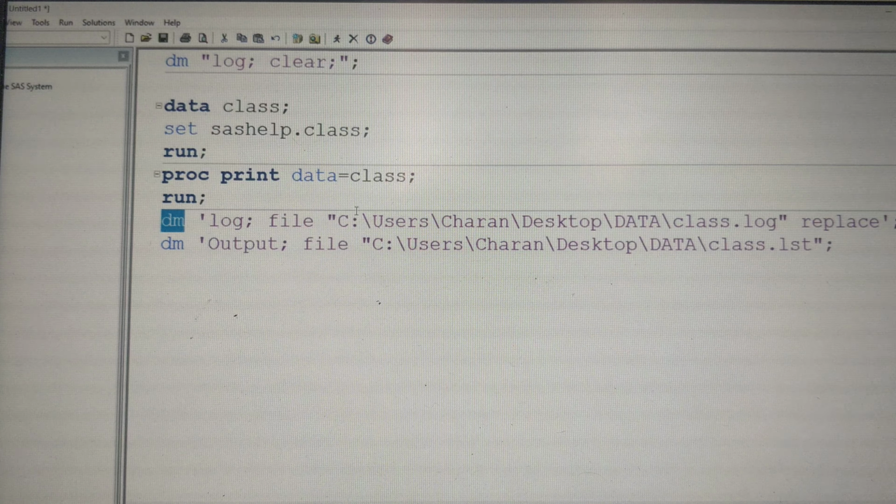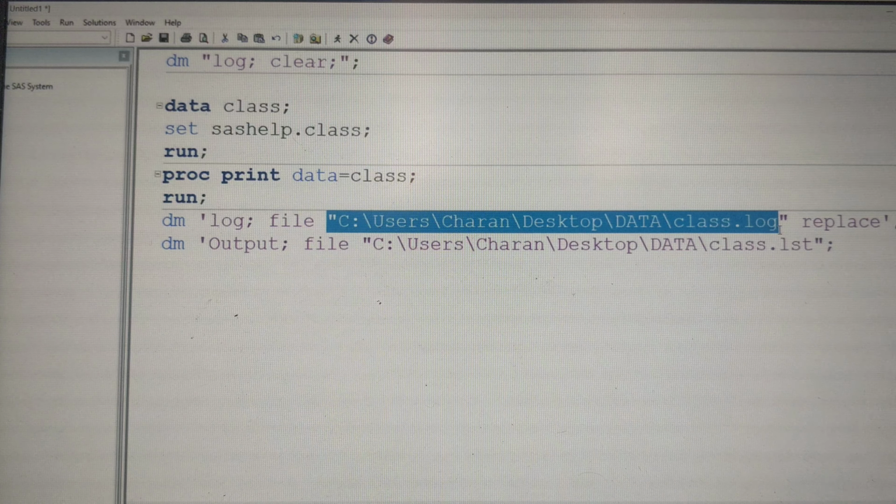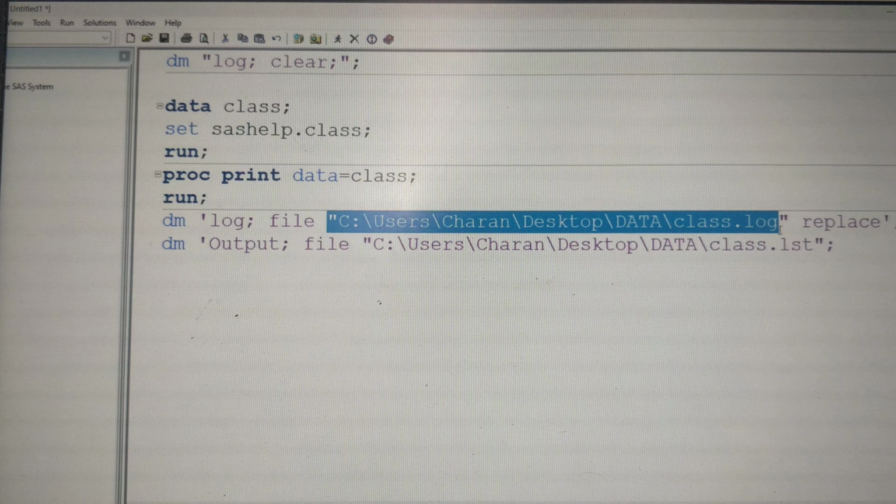We can use it here, not only the C drive or D drive. Is there any common path? I mean a common drive path, a server path, something in the real